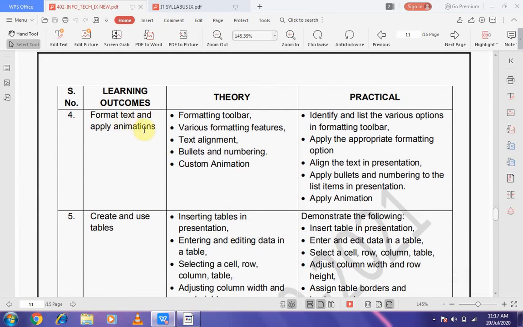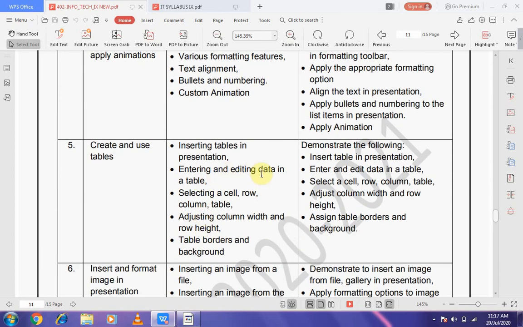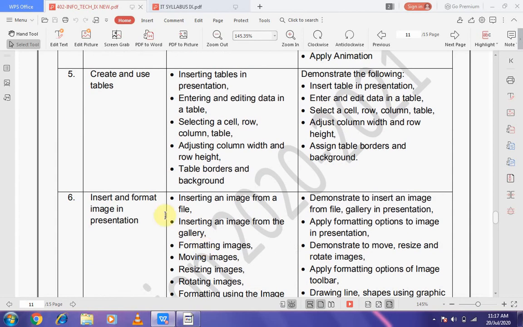Format and apply animations, formatting toolbar, various formatting features, text alignment, bullets and numbering, custom animations, create and use table, inserting table in presentations, entering and editing data in a table, selecting a cell, row, column, table, adjusting column width and row height, table borders and backgrounds,